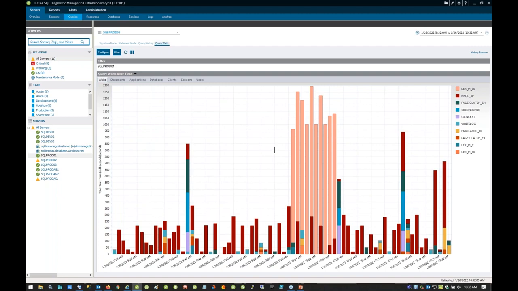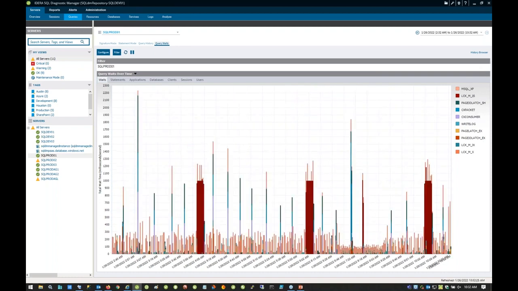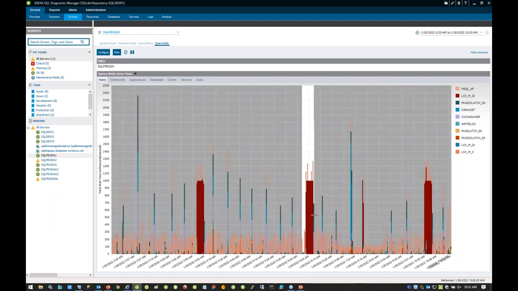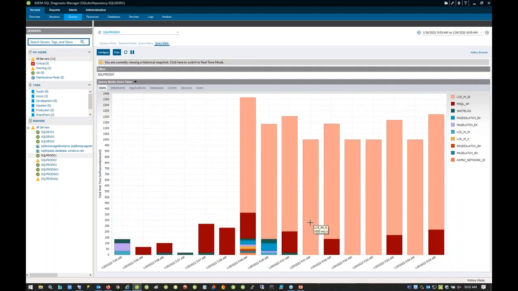Now this is live data, and there's another approach that you could take to viewing wait data, and that is that I can step back pretty far from a timeline perspective. So if I jump back 8 hours, and if I step back pretty far, and then I look at the wait data, what this will generally do for you is highlight unusual activity, right? So if I'm looking at a 24-hour view of the server, as you can see down here, this is kind of the normal workload that I'm expecting to see, and then we see this big crunch of something, and we see this one here, we see this one here. Well, let's drill into that and see what this was. All right, well, if I drill into that to see what this was,